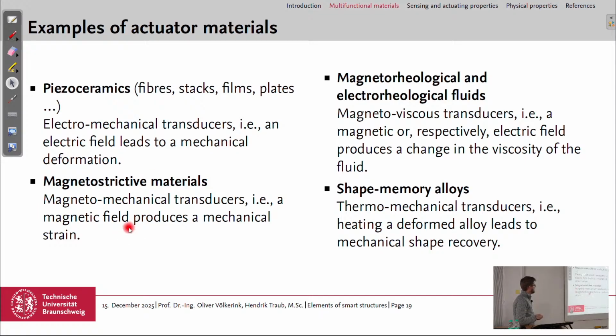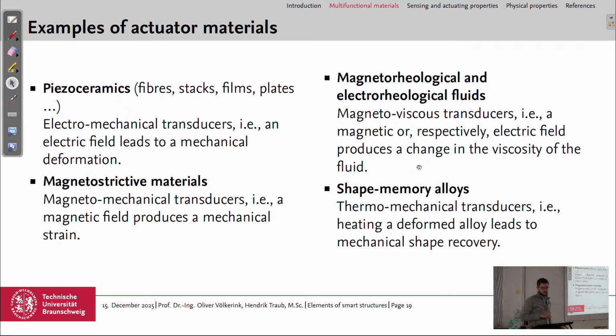With the magnetostrictive materials, we can use a magnetic field to produce a mechanical strain, so also a deformation. With the magnetorheological and electrorheological fluids, we can use a magnetic or an electric field and produce a change in the